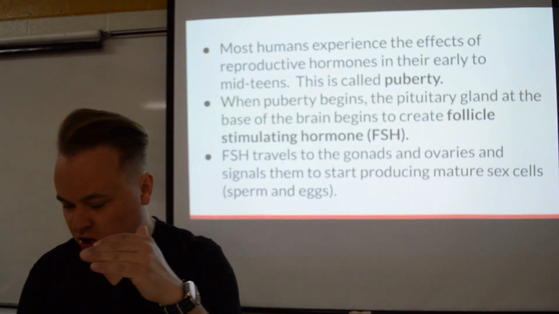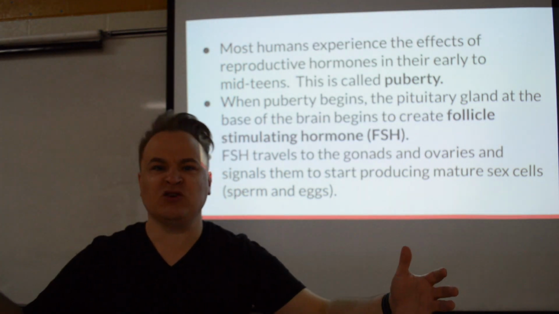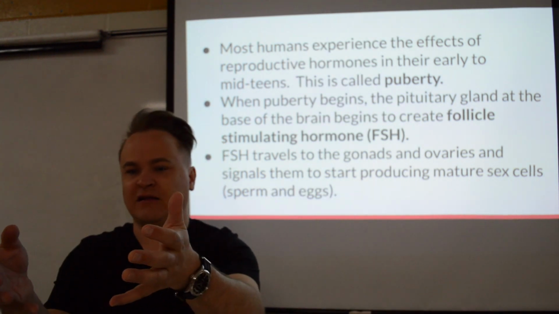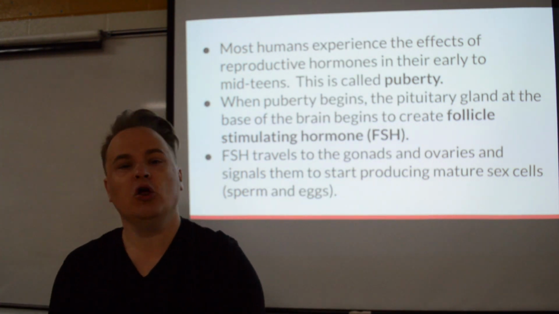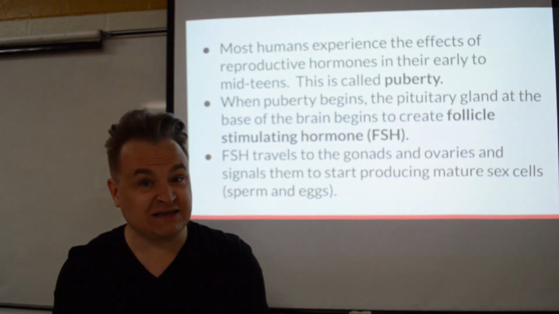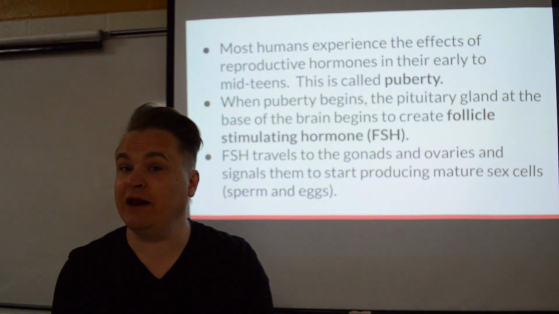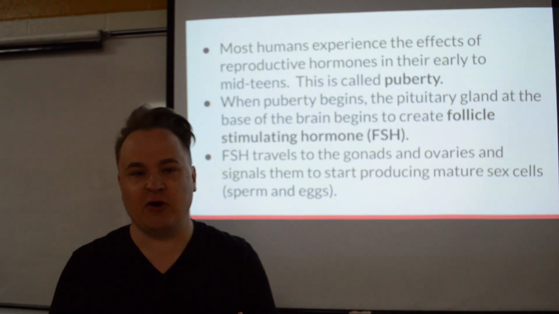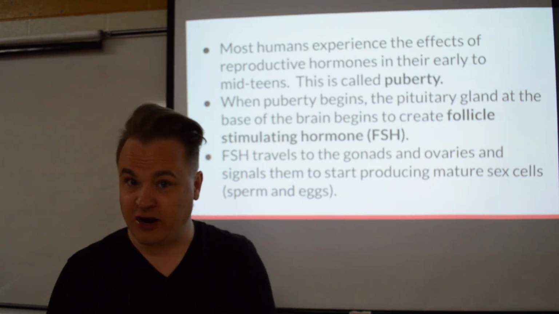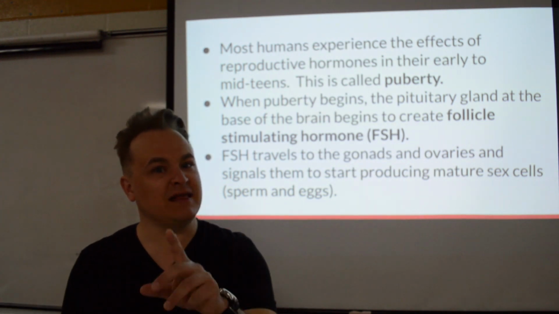So how this works is you would think that, oh, whatever gland makes hormones in a man, it would just make testosterone, and in a female, that gland would just make estrogen and progesterone. No. Both male and female in the pituitary gland at the base of their brain make something called follicle-stimulating hormone. And that hormone goes through the body, and it reaches the testes and the ovaries, and then those parts of the body make testosterone or estrogen and progesterone. So in men and women, they both make